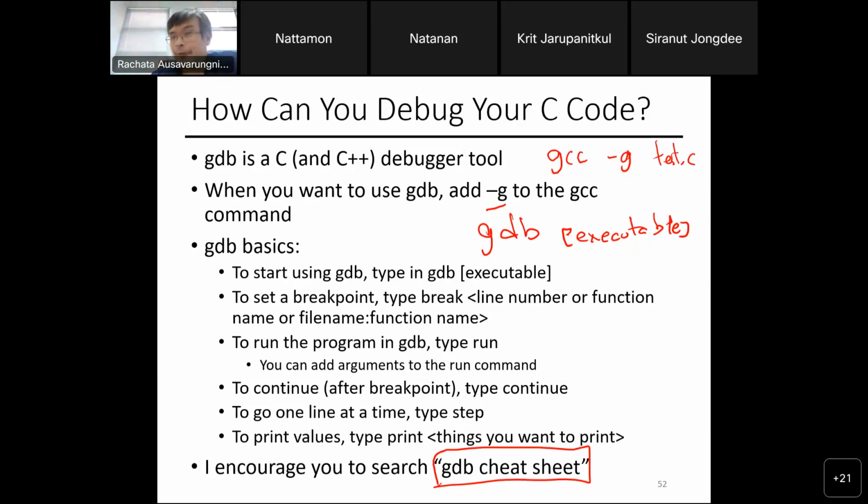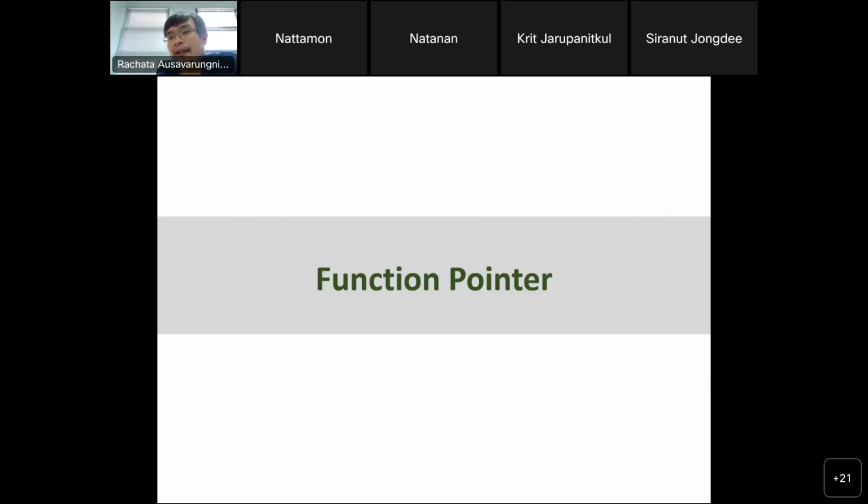And if you're curious, I will point you to the video from last semester that talks about linked lists. So basically, this is the last topic about pointers. Feel free to go ahead and watch that. We'll cover that next week. All right. Now, the last thing I want to cover today is function pointers.